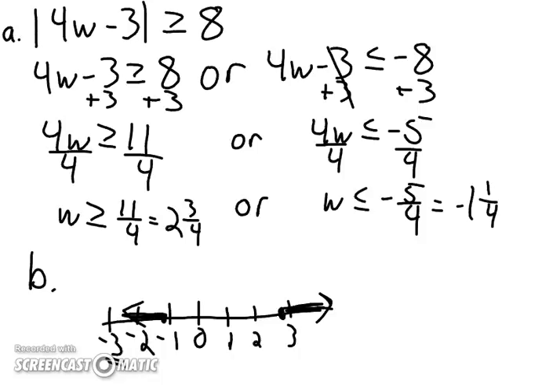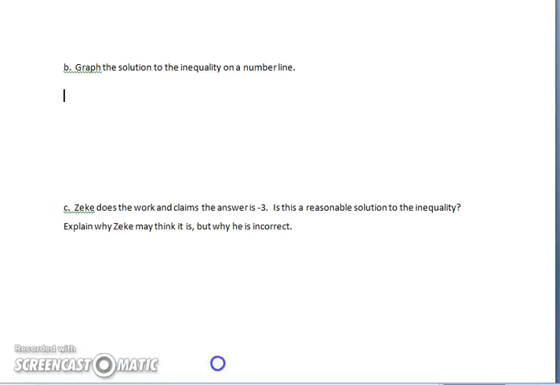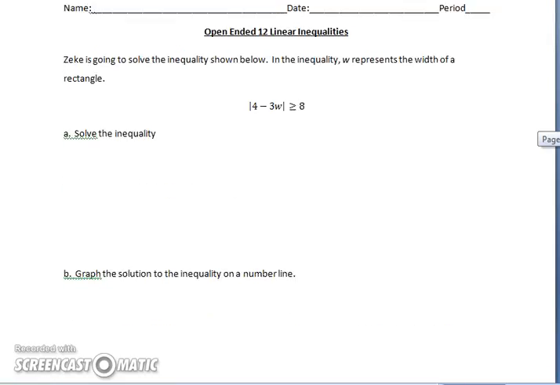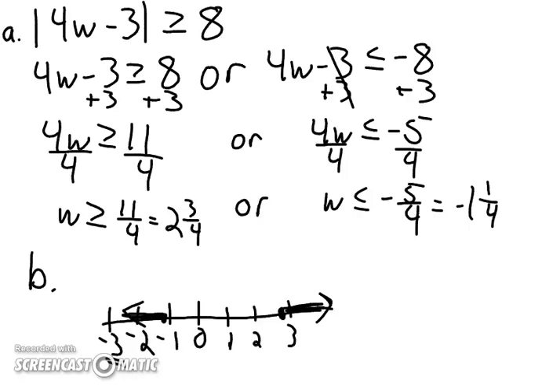But if you remember right, the first thing that we said for W was that it represents the width of a rectangle. If W represents the width of a rectangle, then negative 3 doesn't make sense. You can't have a rectangle that's negative 3 inches or feet wide. Okay? So the answer to part C here